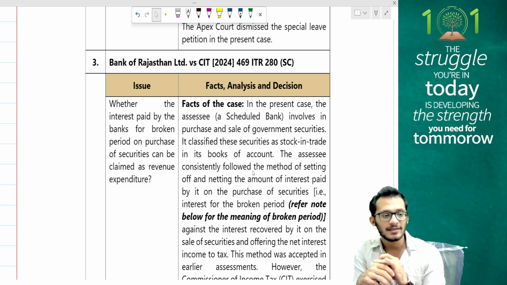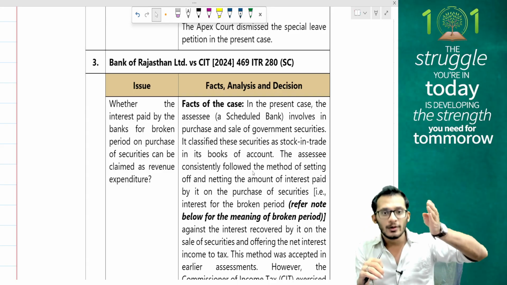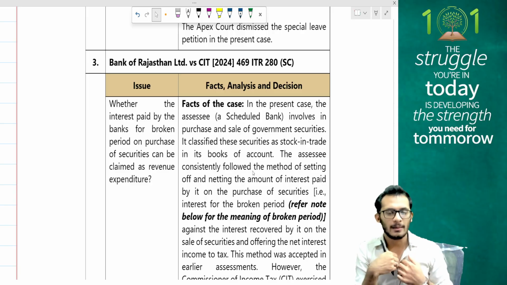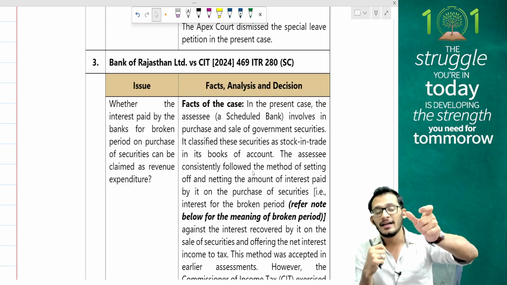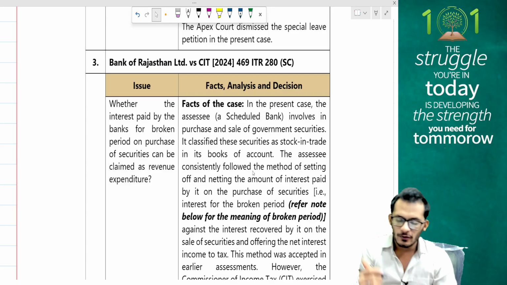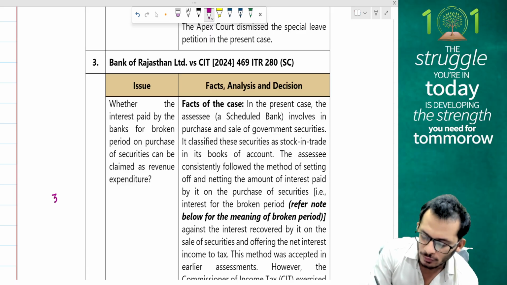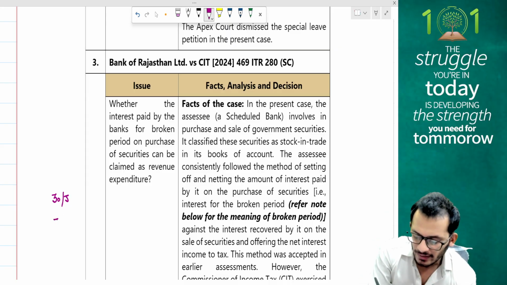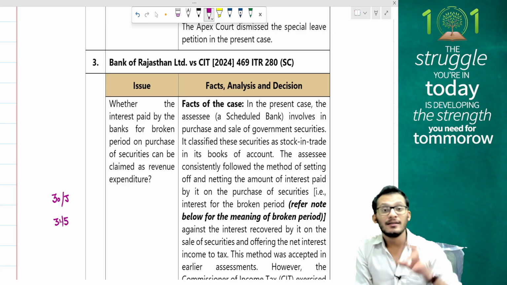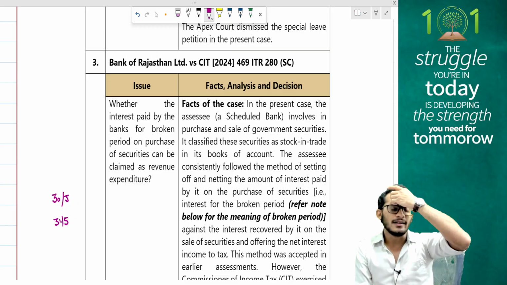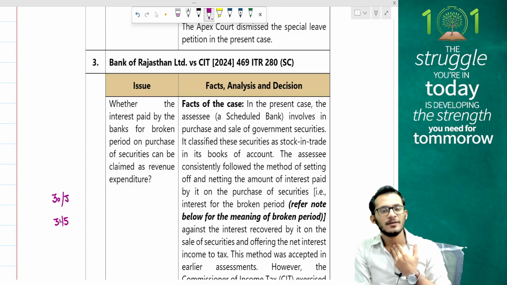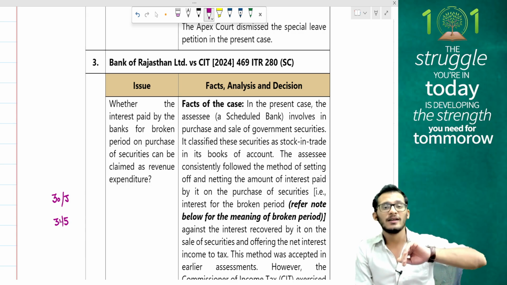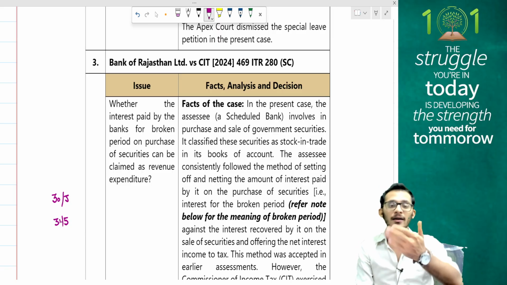in AS 13 investments, where what happens is when you buy securities during the period, it may so happen that the other person will come and say, I'm going to lose interest for the next couple of months, which I had already held the asset before I gave it to you. So for instance, if the company has a policy to give investment interest only on 30th June, if a person ends up buying an investment on 31st May, the other person who is selling the investment would come and say that whatever interest was accrued until 31st May is something which I am eligible for. But because I'm selling this investment to you, you will get the complete interest. And therefore, today itself, whatever is the interest which I should be receiving until 31st May, you compensate it to me.